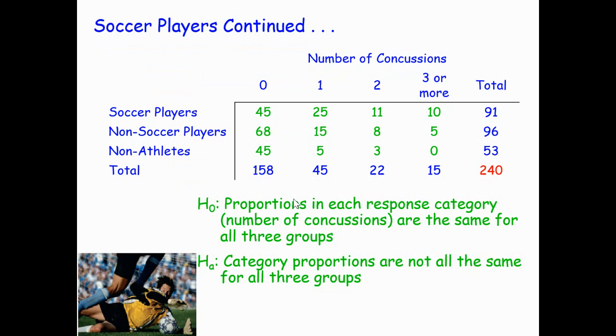Well, we could say that the proportions in each response category, which are response categories of the number of concussions, are the same for each of the 3 groups. So we expect the same proportion of soccer players to get 1 concussion as we would expect for non-athletes, for instance. The proportions in each category are the same for all 3 groups,